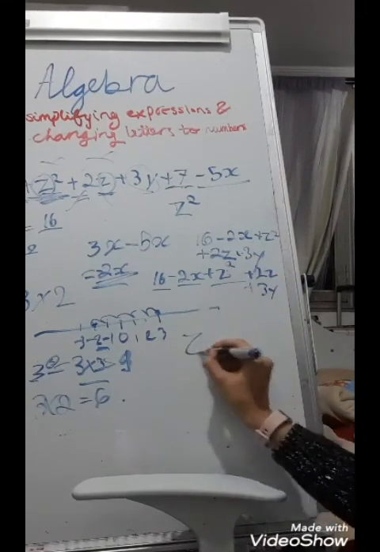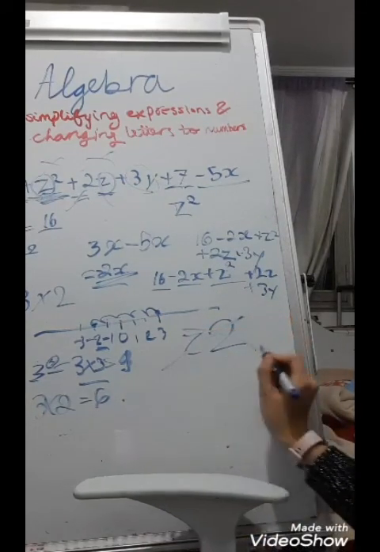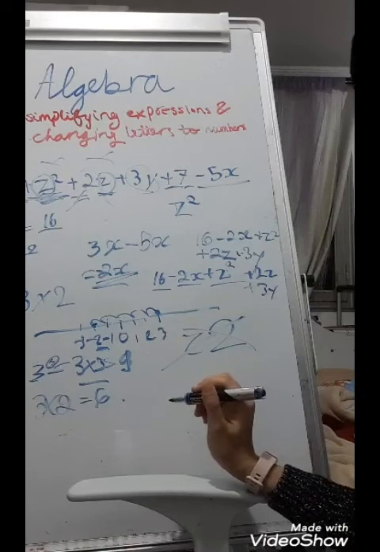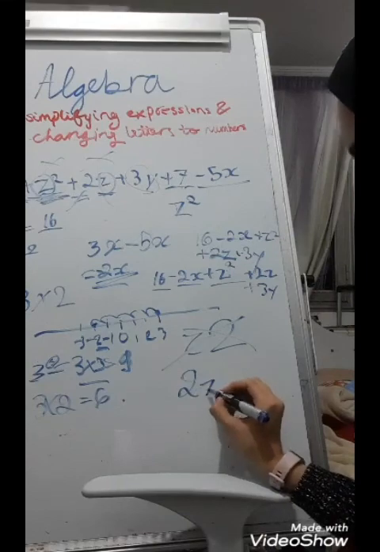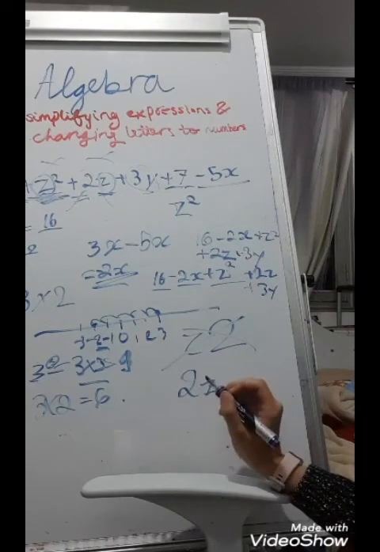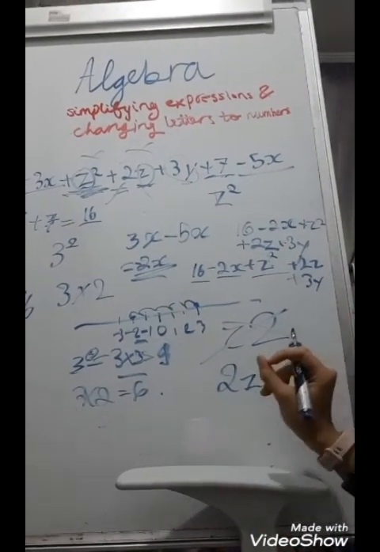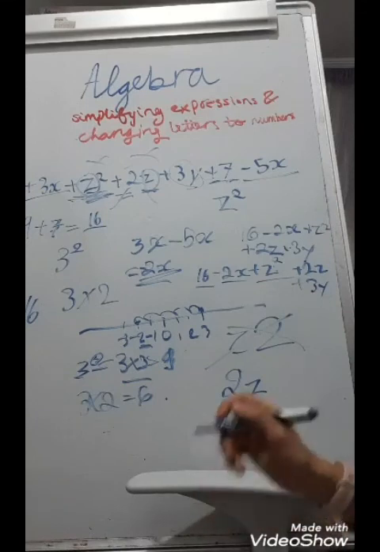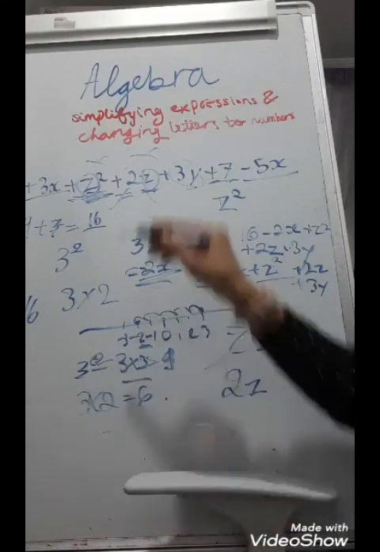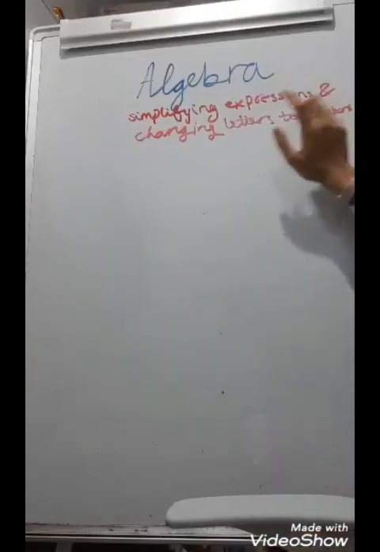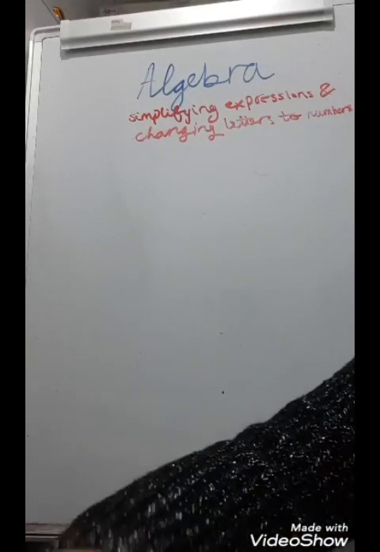We can't put z2. That's not going to happen. This is very, very wrong. The thing is that the letter has to be after the number, so the number first. The number is always first. You can't put the letter before the number. And now we're going to start off with the other learning, changing letters for numbers. So if we set that x equals